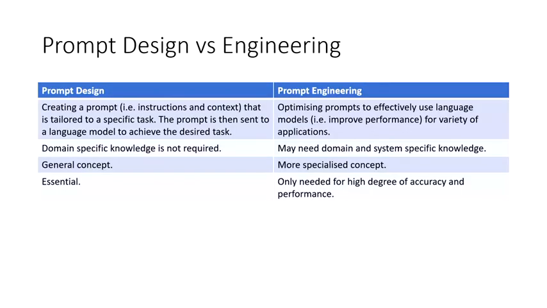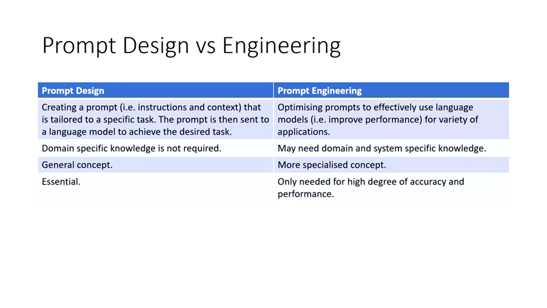Okay, now you can see that in a large language model, our concern is more about prompt designing and prompt engineering. So what is prompt designing? Prompt designing is simply writing down clear instructions so that the model can understand. And the prompt is task specific. So you need to say, okay, can you generate this Python code for this, right? Those things. So you don't need to be specialized in any domain or in how the system works. And usually these kinds of things are dealing with general concepts, and usually they are effective if you are dealing with a general area.